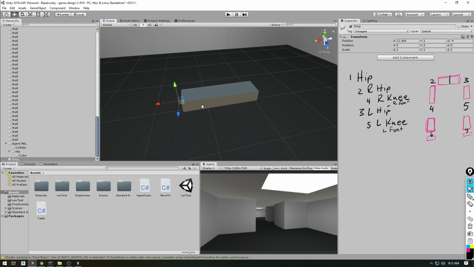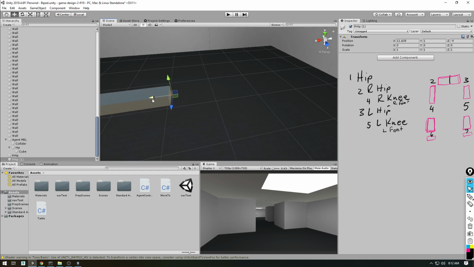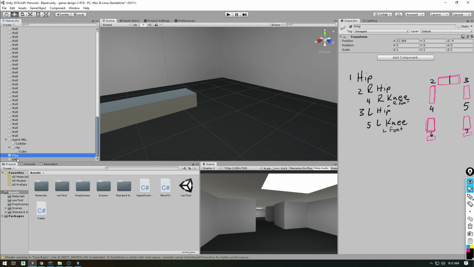Oh. What do you need, Chiquita? So that guy there, let's make that a child of your, let's name that first hip. Oh, here? Double click this hip. Can you double click it? Okay, so